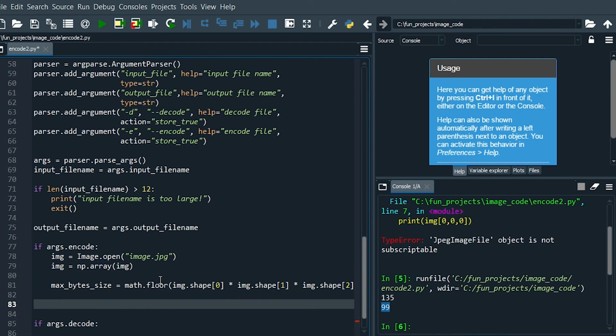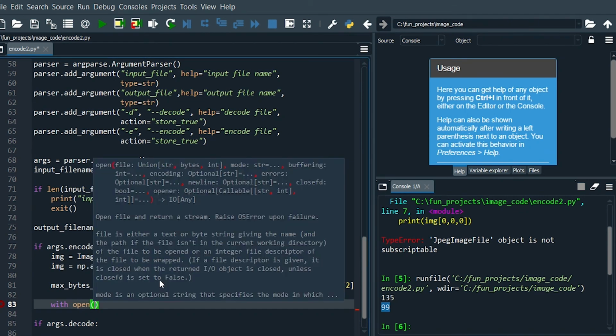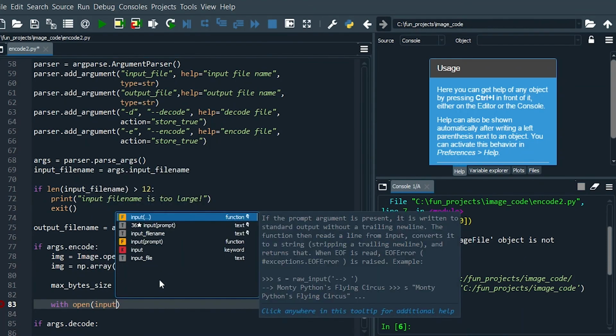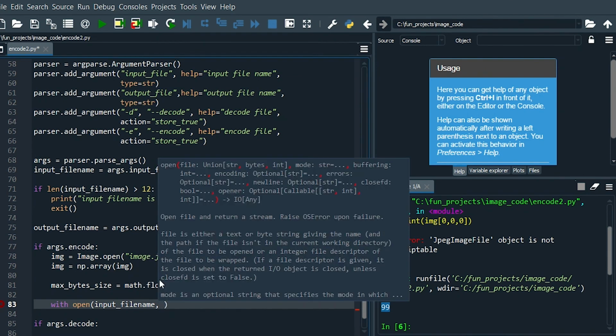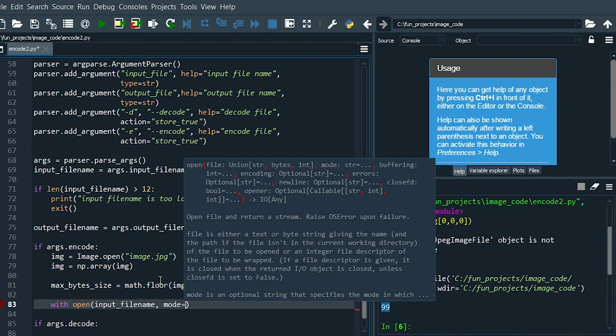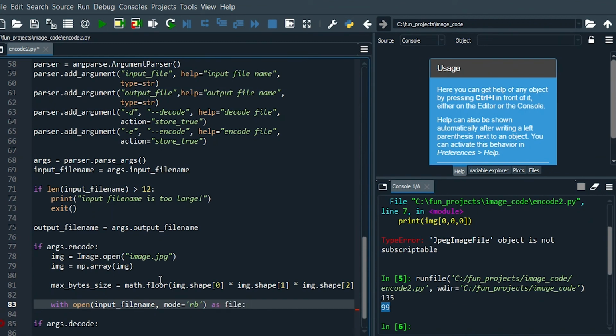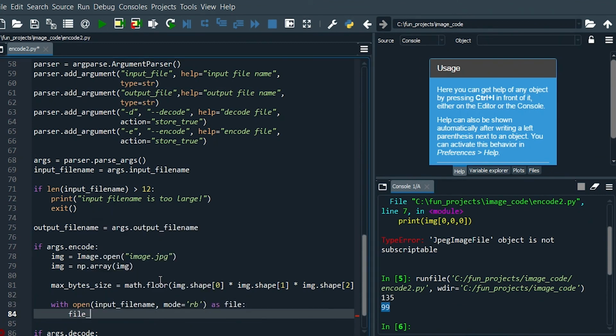And now we want to make sure that the size of the image is large enough. So we need to find the size of the file that we are trying to encode. So let's open the file. Open input file name, and the mode has to be read binary, sorry, and as file, and we will read the content. So file contents is equal to file.read,